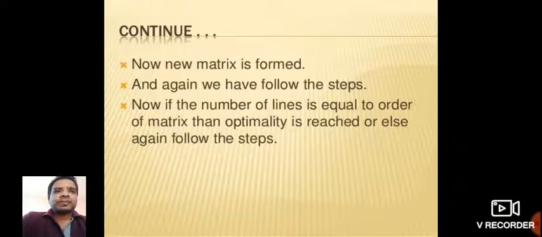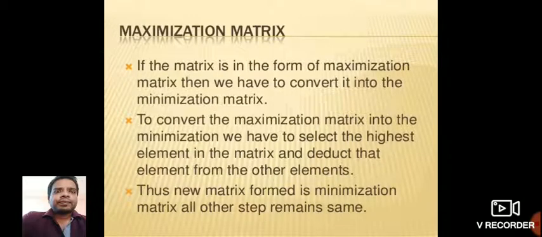Suppose it is a maximization matrix. The same thing as you did in the transportation problem: you select the highest element in the matrix and subtract the other elements from that highest element.